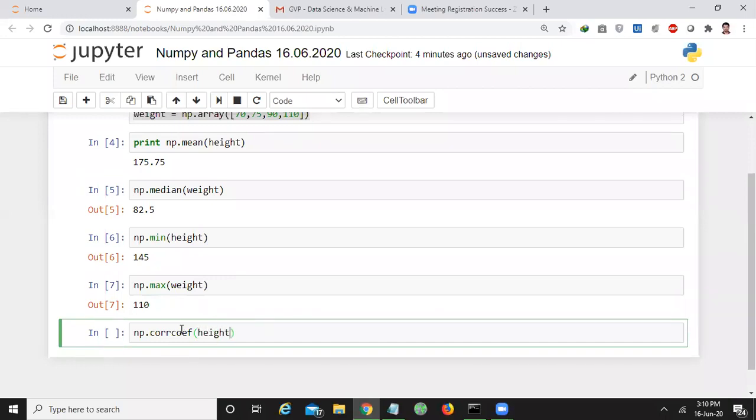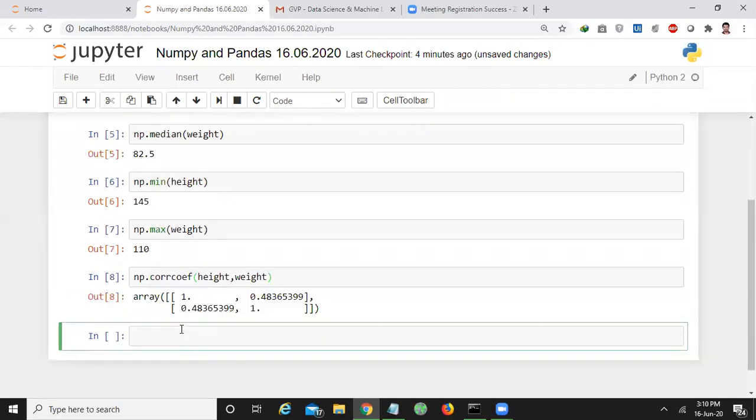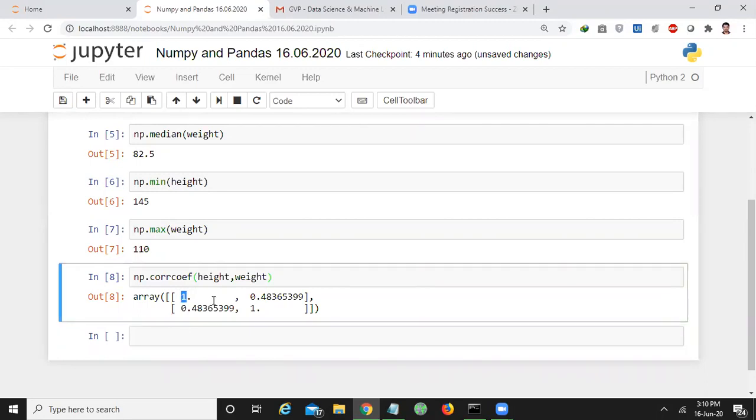I want to calculate the correlation between height and weight. It will give an array like this. The correlation of height with height is 1, and the correlation of weight with weight is 1.